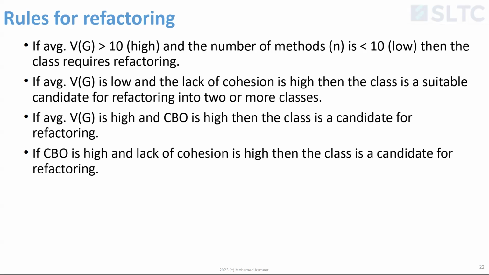If the VG is low and the lack of cohesion is high, then the class is a suitable candidate for refactoring into 2 or more classes. Now, what does that mean? Cohesion, that is,